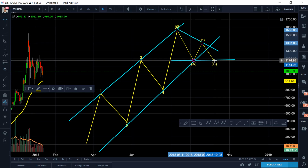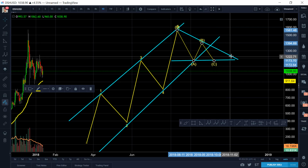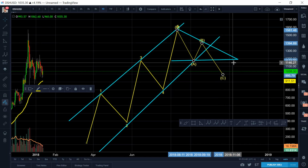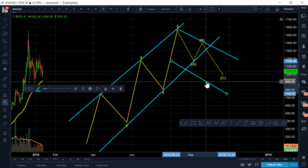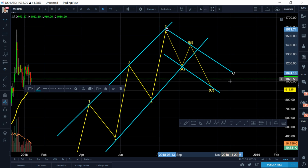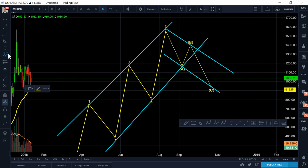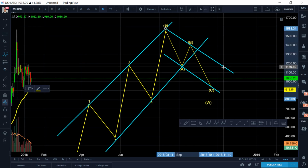And then if that doesn't hold, guys, and it becomes a descending triangle, it is most likely to bounce off of it and then play this and then possibly break up or down, most likely down, because there's more downward force. And then what ends up happening is this C ends up becoming extended, C like that. And all of a sudden, the ABC becomes a pattern like this, where it finishes off. And then after it finishes the C pattern, it attempts to break out. And if that ends up failing to be an impulse wave, because we're now in something called a flat pattern according to Elliott wave, then if it fails to break out,